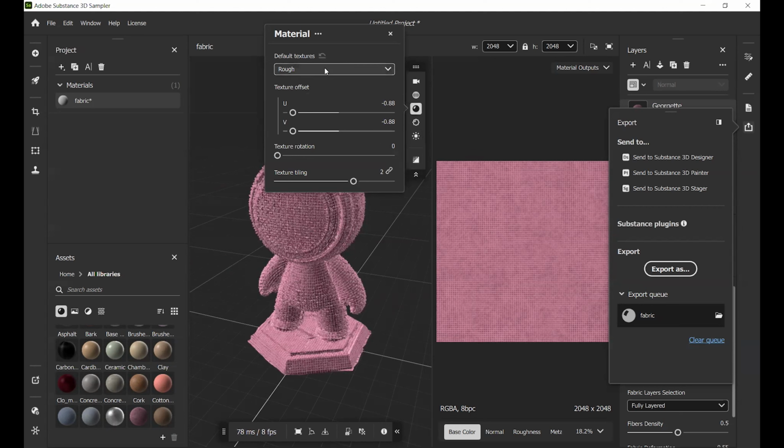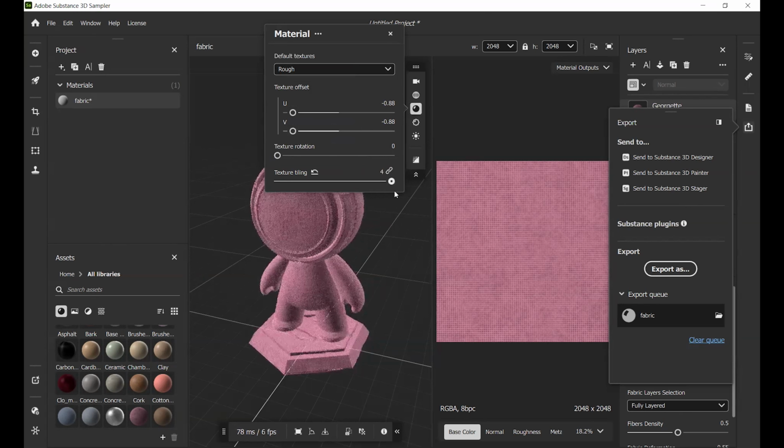Material, like you can change text. Default is rough, but you can go for reflective. And here we can change styling also. Like suppose I wanna go 4, and can you see?